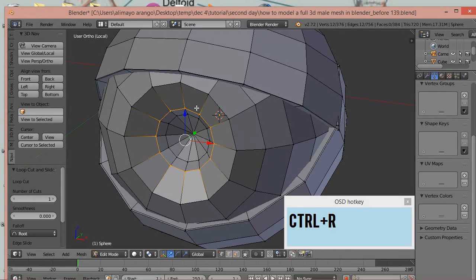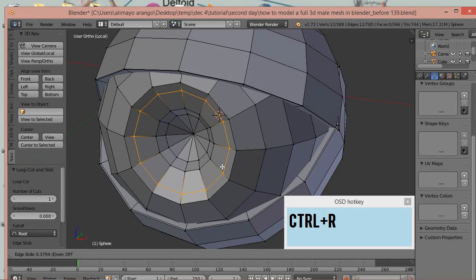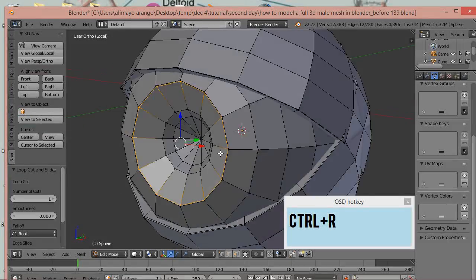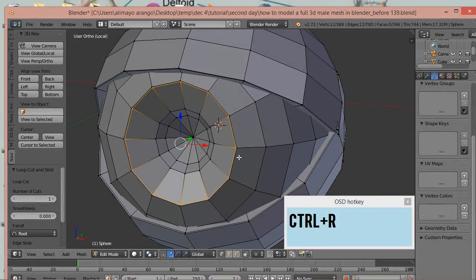I want this nice and sharp, so I put another loop cut right next to there, which tends to make things sharp. I want this sharp, so what I'm going to do is press Control R, put a loop cut here, and then because I only clicked one time, I'm able to move it. I'm going to move it right up, just a hair short of being totally pushed against there. And now